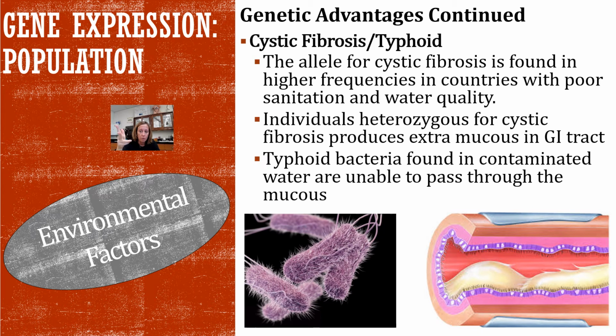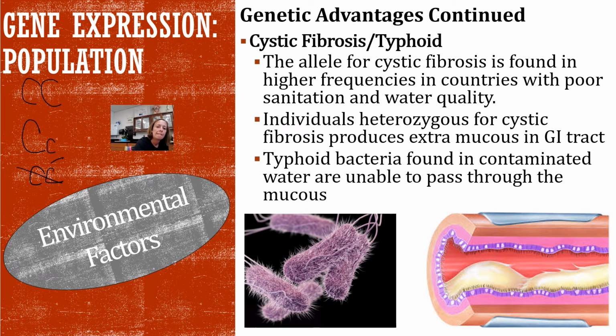Cystic fibrosis and typhoid. All right, cystic fibrosis is a disease, right? If you're homozygous recessive, it's not so great. If you're heterozygous, normally you'd be normal, you'd never know. If you're homozygous dominant, you're fine, okay? What cystic fibrosis does is it causes you to build up mucus in the lining of your respiratory tract, all right? But the problem is you then cough it up and swallow it, and then it goes through all of your digestive tract, right? It coats your digestive tract. Now,